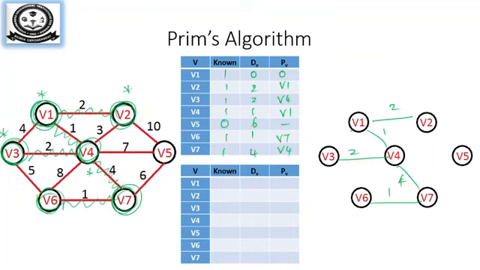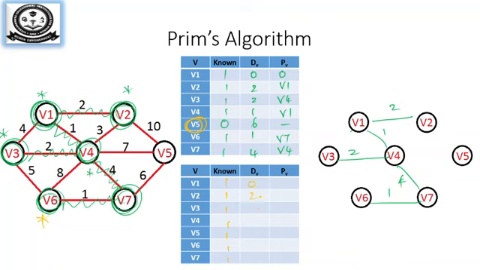So we'll mark V6 as a known vertex and I'm updating it. From V6, I see all the adjacent vertices are already visited, so there is no change in my diagram. The last vertex to be done is V5. So you will have the table as 1 1 1 1 1 1 and 1.